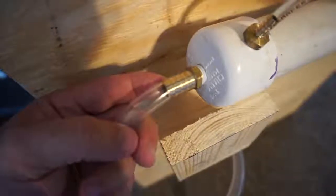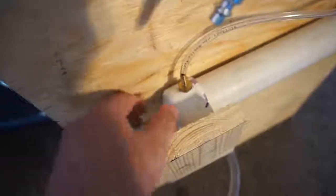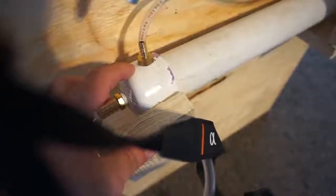What this allows for this to do is have the mixture come in through the top, the air is going to come through the back, and when the air is blowing through, it hits that mixture and it's going to push it through some steel wool that is actually inside the PVC tube. Also make sure to undo the steel wool before you put it in there, because otherwise it's just not going to work. And it's going to diffuse the mixture that you have of Dawn dish soap and water,